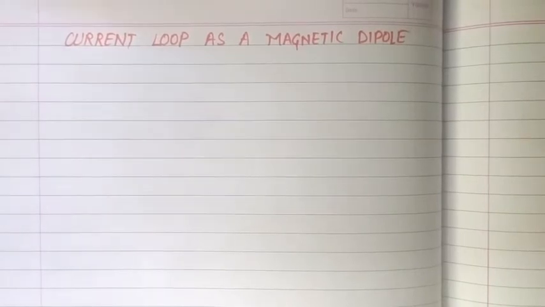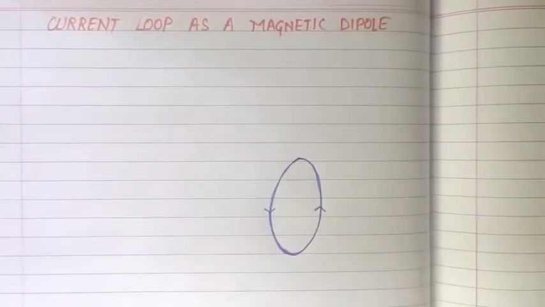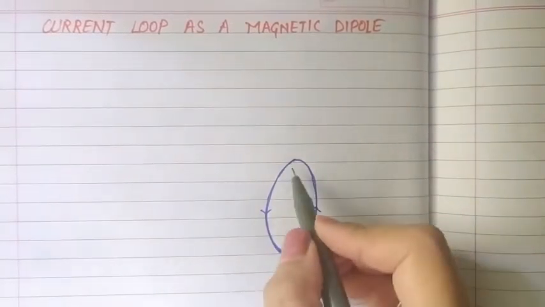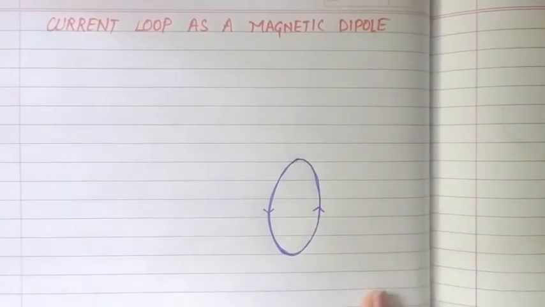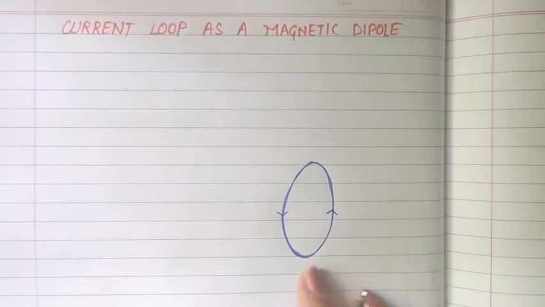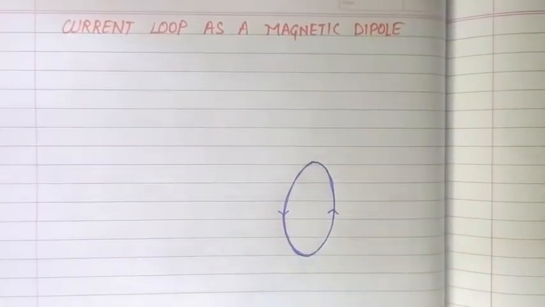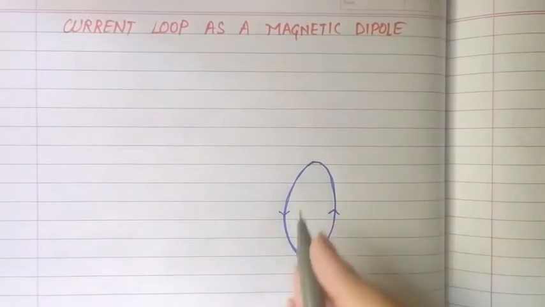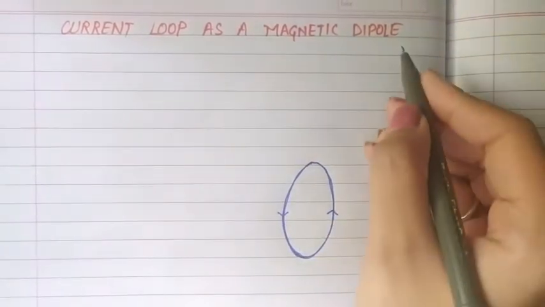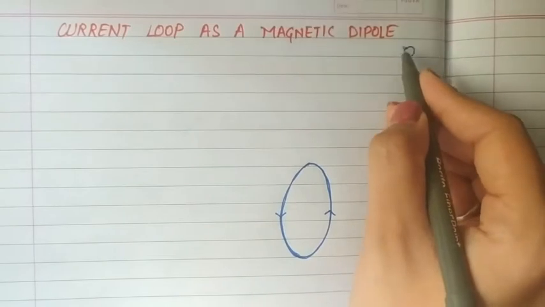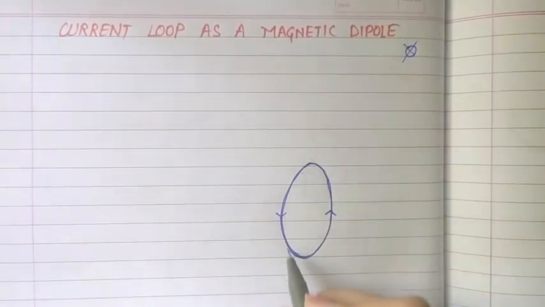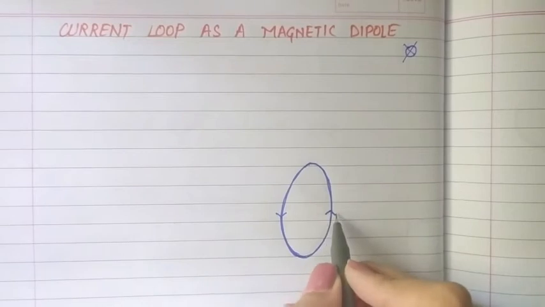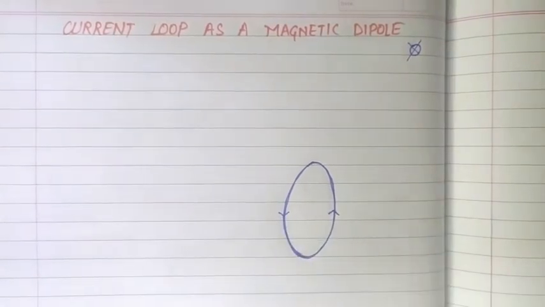So for this we need a current carrying loop first. So here I have a current carrying loop and these arrows show the flow of current, and I have made this loop somewhat oval structure because I want to show a 3D effect here, as this loop is not in the plane of paper. If it is in the plane of paper, then I must be making it like this, but this is not the case. This loop that I have taken is perpendicular to the plane of paper. That's why I made it in oval structure, and this is the flow of current. The arrow is showing the flow of current in this loop.